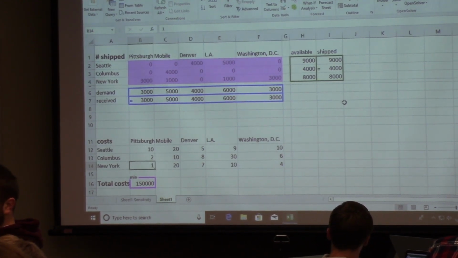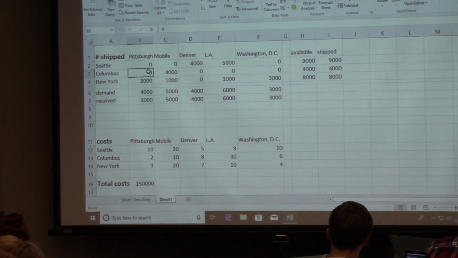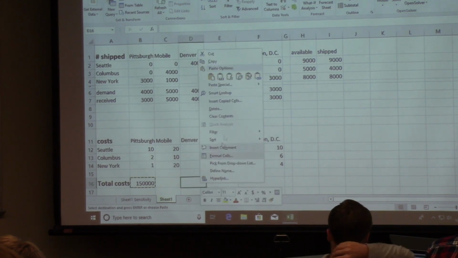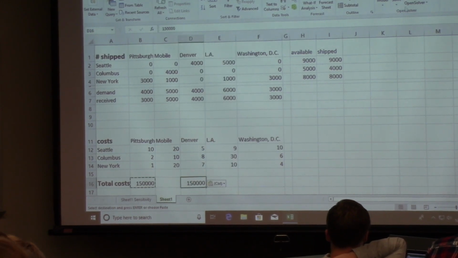But there was an interesting twist at the end of this question, I thought, right? What was part C, or what was the change that they asked you to evaluate? Increase the Pittsburgh demand from 3,000 to 4,000. And to accommodate that, we have to make more units. And where are we going to make them? By that same 5,000, right? So if we go ahead and solve it, now I'm just going to go here and copy that value, and I'm going to paste just the value, right? And if we solve this,